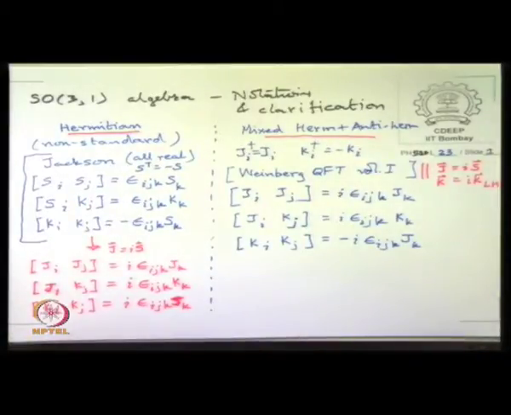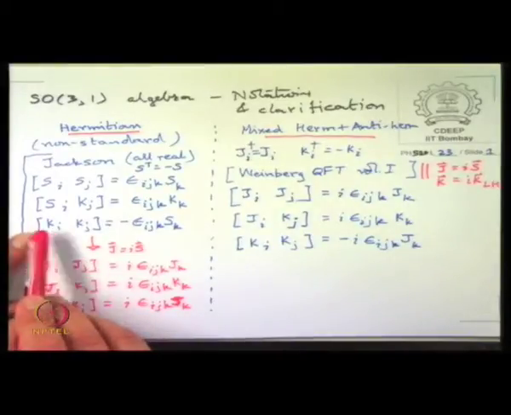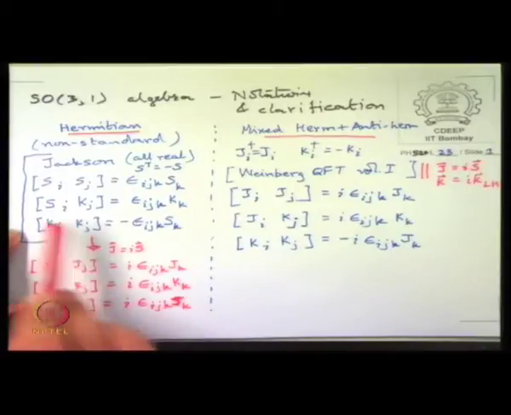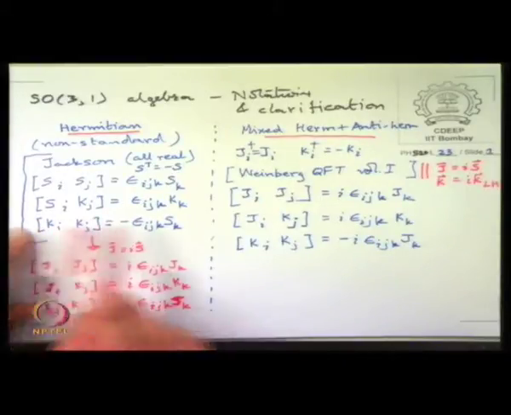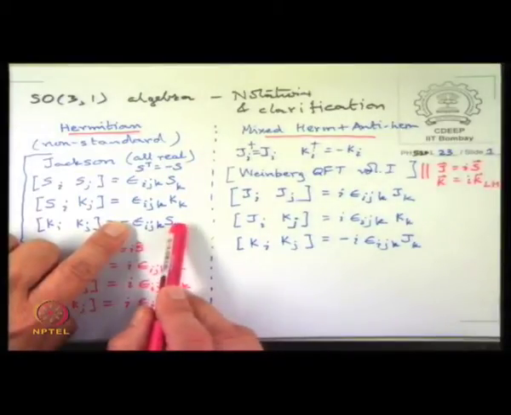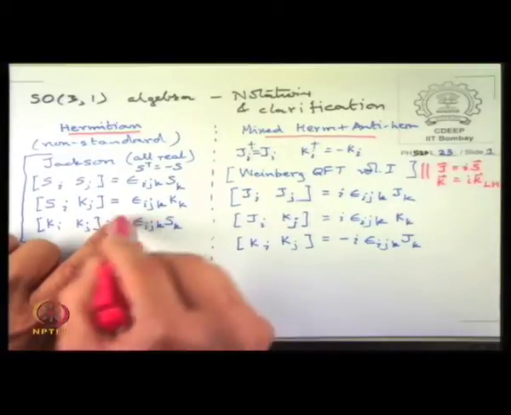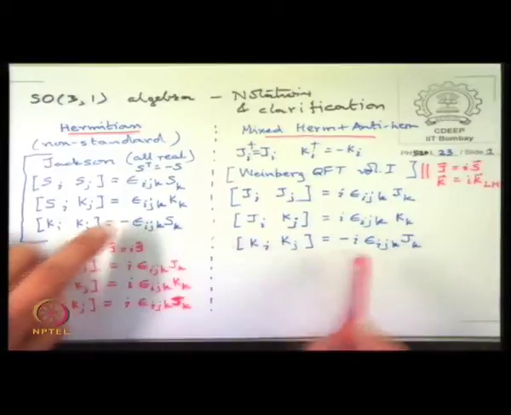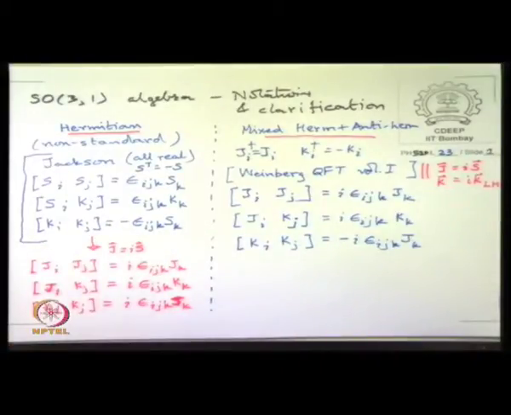And that you can also quickly see if you supply i here. So supply an overall minus sign, that will make it i and i, and then put the minus sign here, which will remove this minus sign. But then you need to put an i to make this into J, which will require you to put minus i in front. Okay. So this and this tally, and this is the notation we will follow. So in this notation, we then introduce